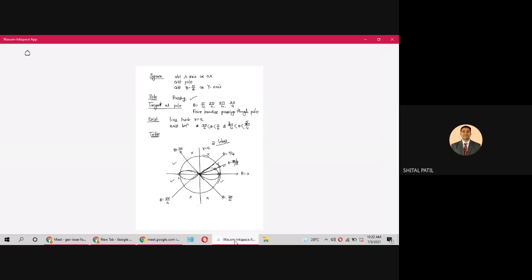Understood? This is known as Pascal's Lemniscate. Let me go through the next page. Two Pascal's Lemniscates are there. Let me draw the second one also, and we'll write a few things about Pascal's Lemniscate, that all these things are required in unit number 6. Let me change the page.